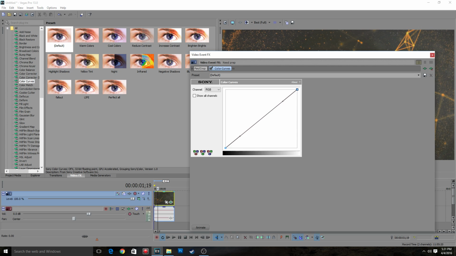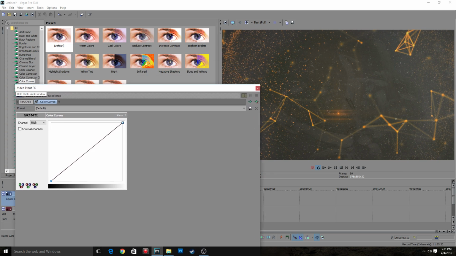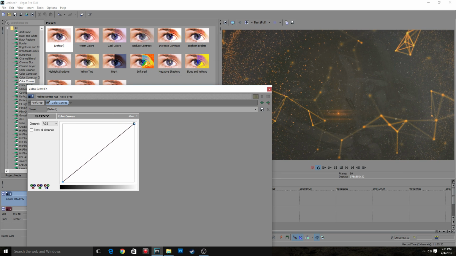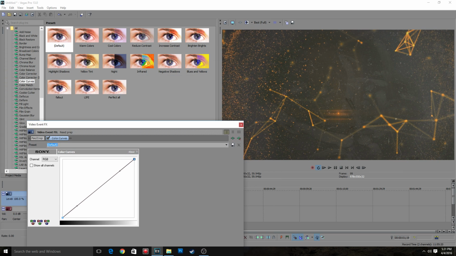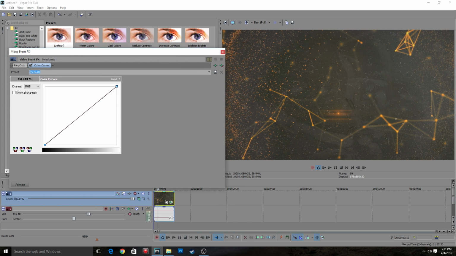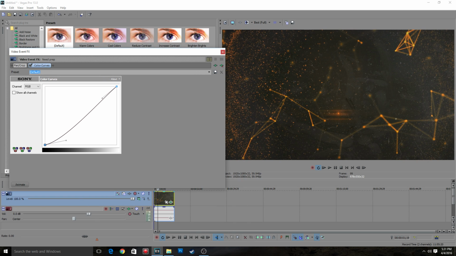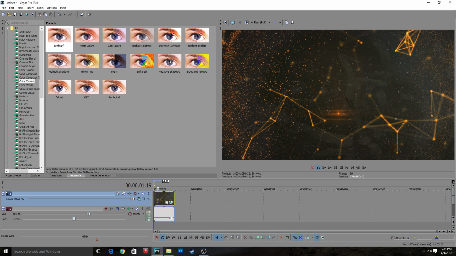Drag that on here. We're going to crush the lower black level. So here, I'll show you as the changes are happening. Pay attention to this area. I'm crushing the blacks, increasing the lights just a little bit. Okay, so now if we watch this again,